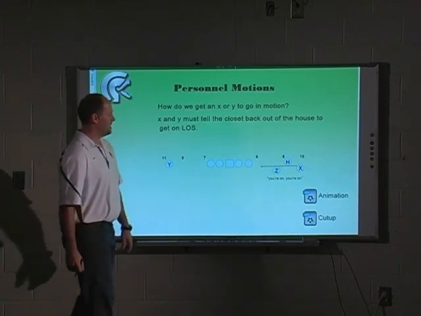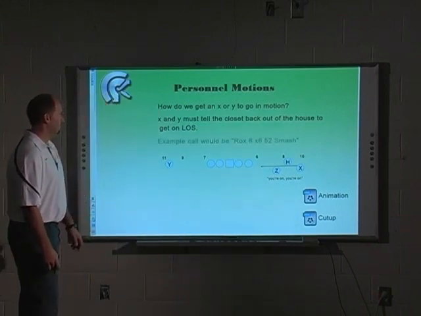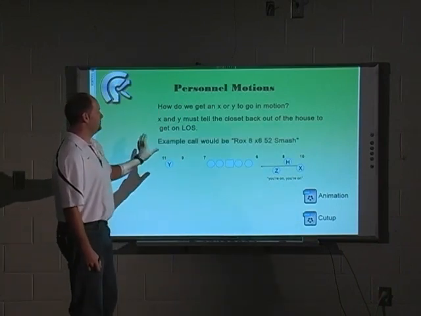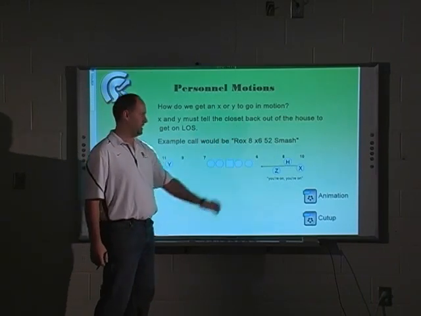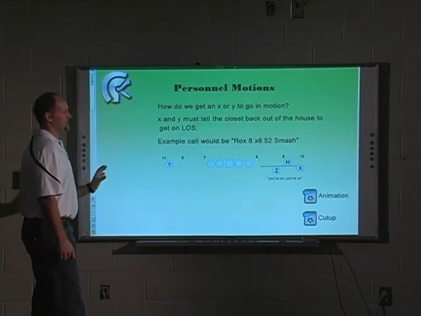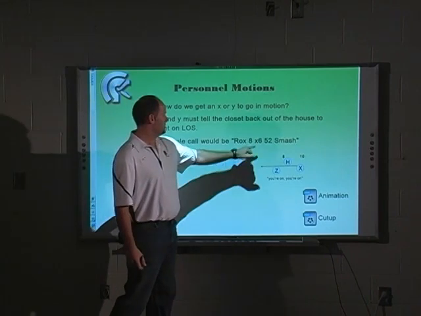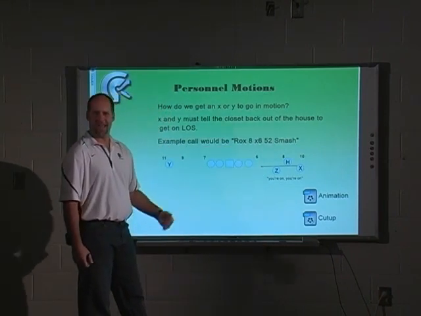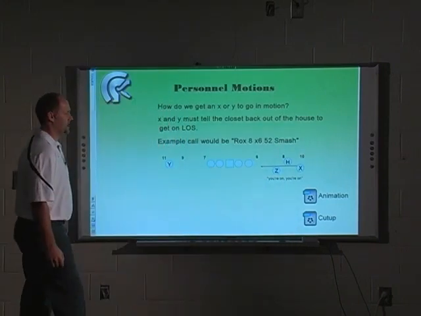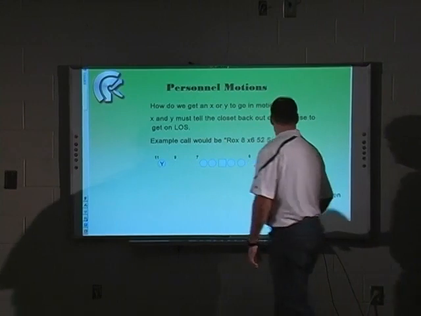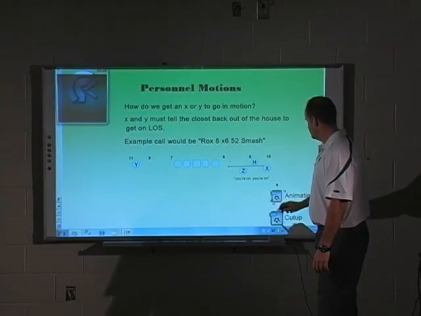So in this case, I'm trying to get an X, as you can see by the illustration, to do some motioning. All right? The example, what I did is put together a formation, a motion, and a play. So what we've said is Rocks 8. This is what Rocks 8 looks like to us. We used a motion called X6. So we're telling the X to go in motion to the 6 spot, and we're going to run a 52 smash off of it. So let's go ahead and check out this animation, give you a little bit better illustration of what we're trying to do.